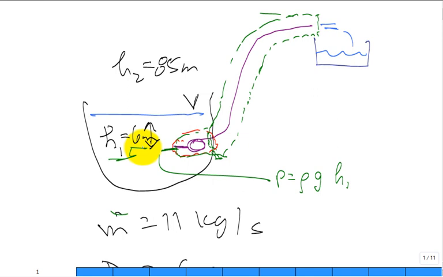We're going to find that it's close to that, but in order for water to flow into the pipe at the inlet of the pipe, do you think it's going to be greater or less than that? It's going to be less. It's going to have a little suction to get it into the pipe. But